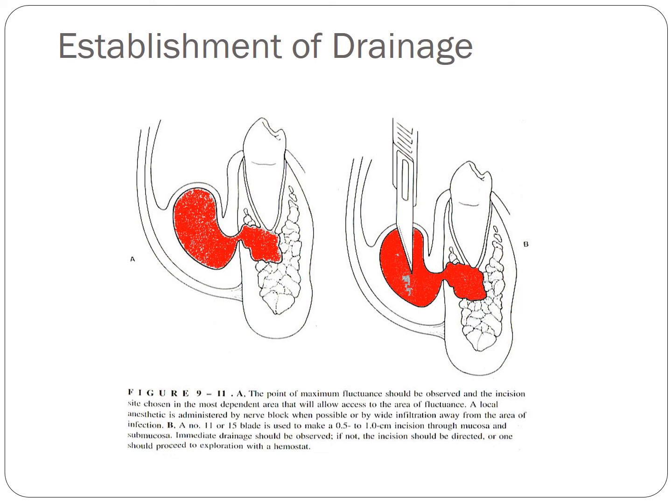So first you need to select the location where you are going to make this stab incision. They say that you should make the stab incision at the most dependent part of the abscess. What do you mean by the most dependent part of the abscess? That is where most of the pus is collected. So you make the stab incision, means you just push the blade into the abscess cavity and pull it out. You're not cutting it, you're just stabbing it.